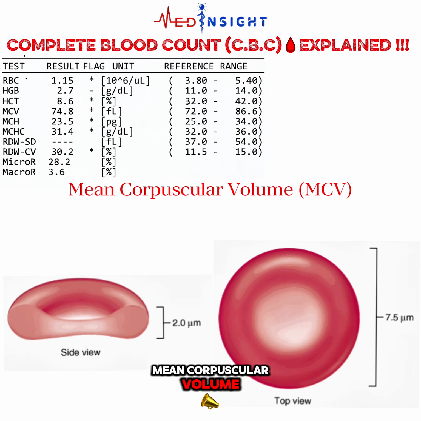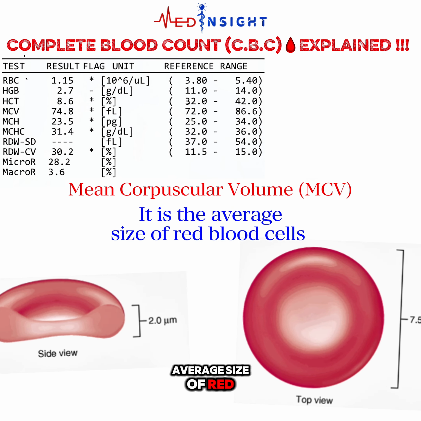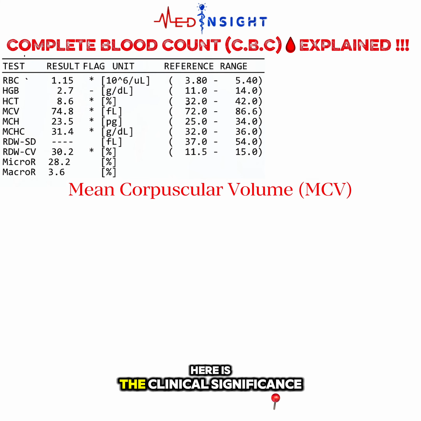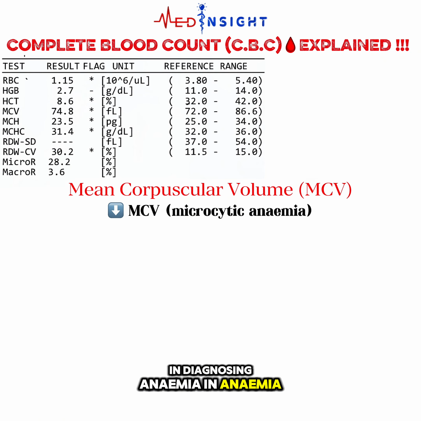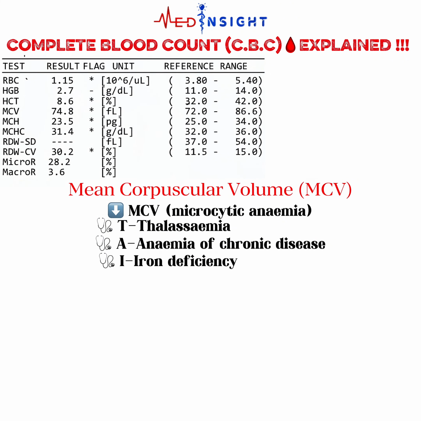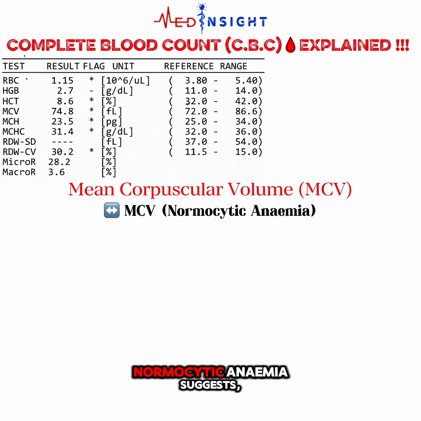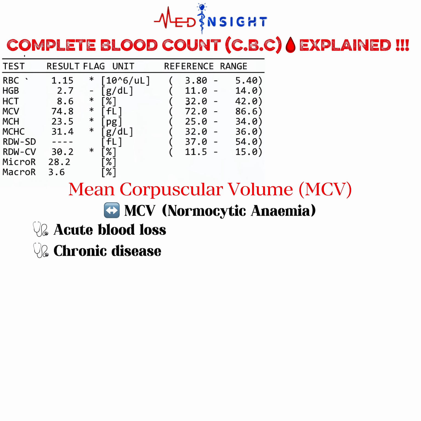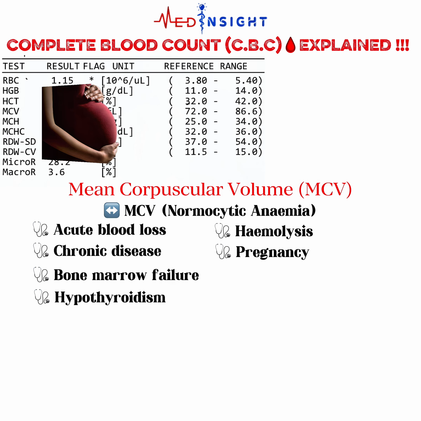Mean corpuscular volume, or MCV, is the average size of red blood cells. Here is the clinical significance of MCV in diagnosing anemia. In anemia, low MCV, that is microcytic anemia, suggests thalassemia, anemia of chronic disease, iron deficiency, lead poisoning, or sideroblastic anemia. Normocytic anemia suggests acute blood loss, anemia of chronic disease, bone marrow failure, hypothyroidism, hemolysis, pregnancy, or chronic kidney